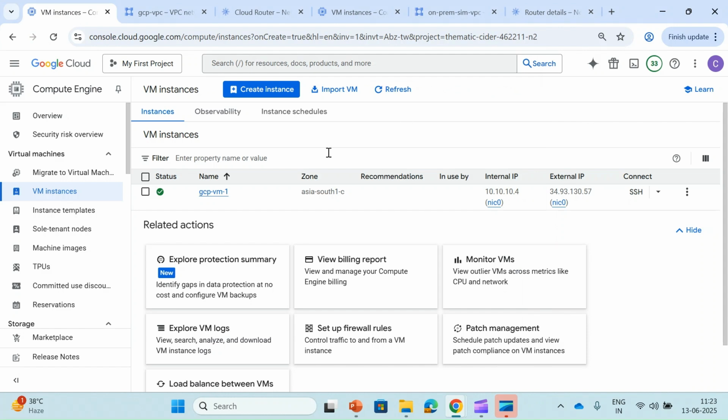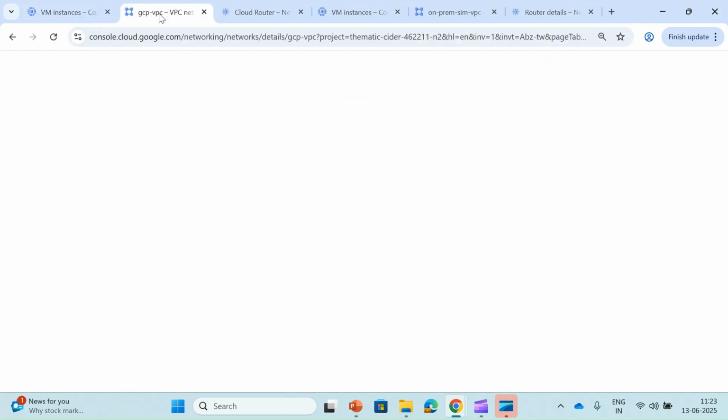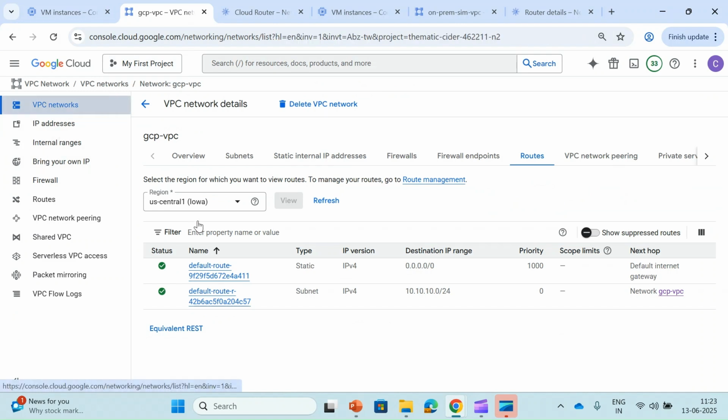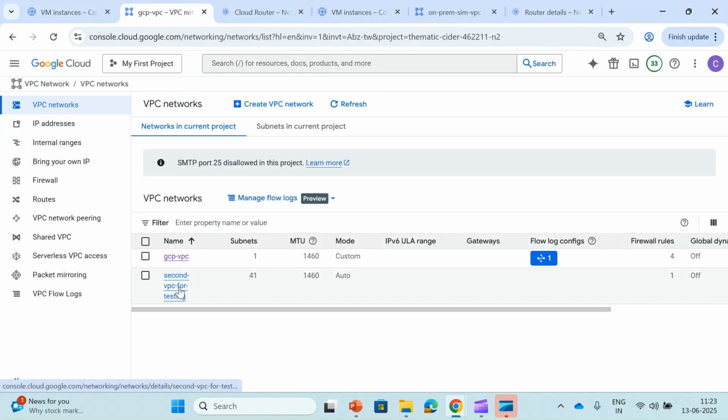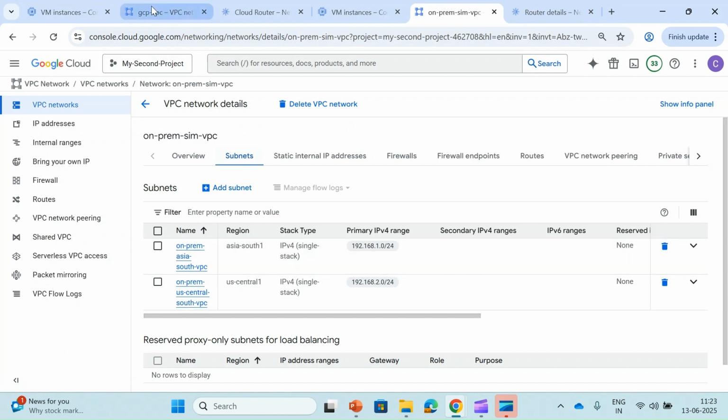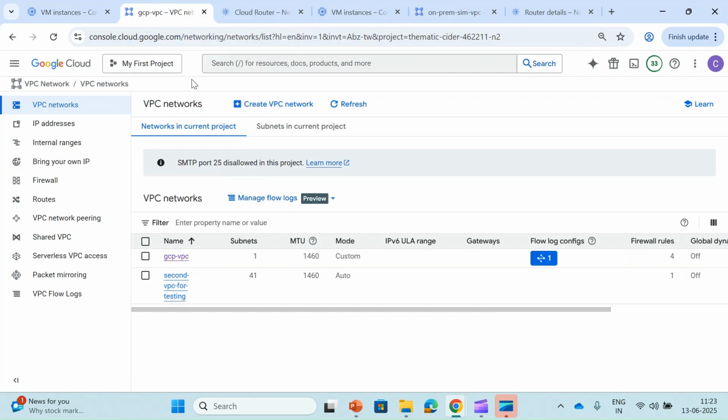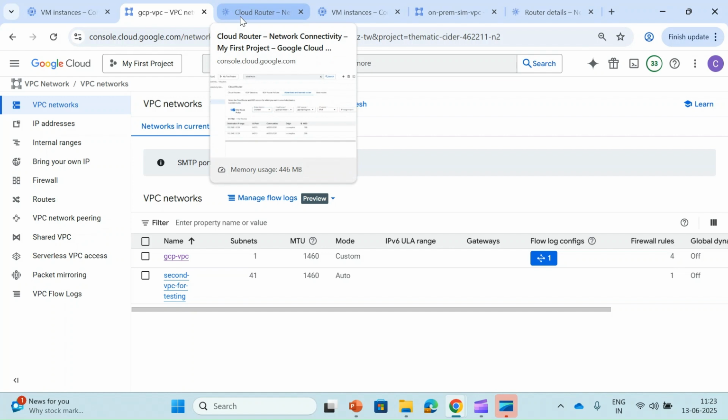In the second part I will show you how it works if you have VPC peering. Suppose this is my VPC and there is one more VPC and it got paired with this one. Will this VPC be able to reach these routes? We will see how it works. Definitely it will reach, but how? After that we will see the MED value, like how we can make one tunnel primary and one secondary. We will also see multi-protocol BGP and MD5 authentication. This is a very big series on cloud router. I will try to cover everything.